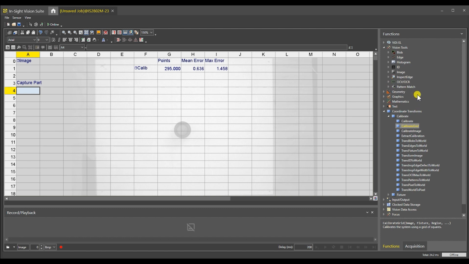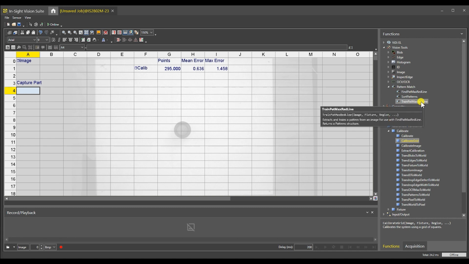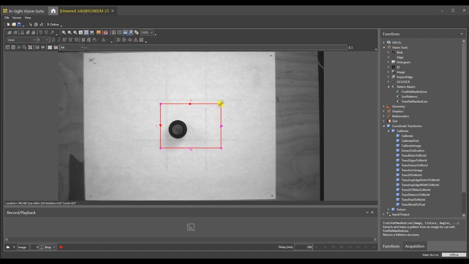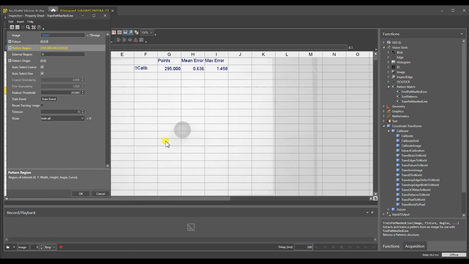In the past, I always did this as a pattern match. It seemed to work real well with the Easy Builder interface. Trying to do the pattern match with this is a little bit more challenging, but that's okay. We can go to pattern match, and what happens is we have to train it. And so we can tell it to train, and we're going to say our image is fine. We're going to go to a pattern region, double click. We're going to select what the pattern needs to look like. Press enter,